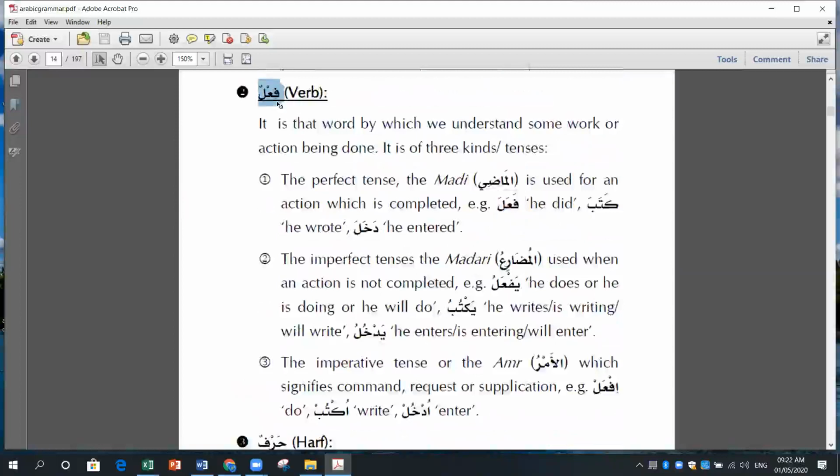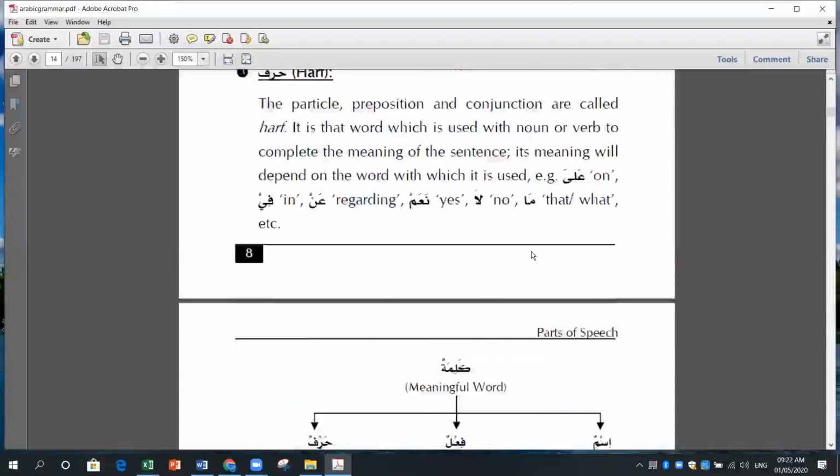Fi'lun, doing of something, right? But when I put it on this scale, it becomes fa'ala. So it became past tense. Now it's not a noun anymore, it has become a verb. But if it is carrying tanween, then it becomes the name of that action. I hope it's clear. Yes, it's clear.